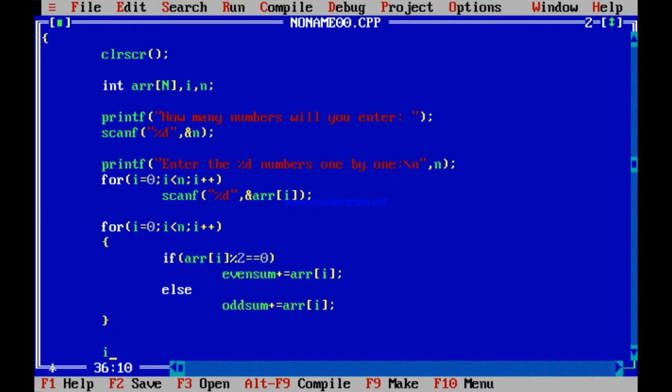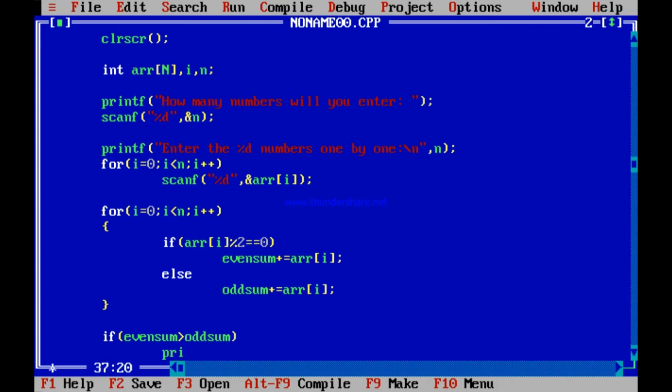What to do next? If even sum greater than odd sum, what? Printf sum of even numbers in the array %d.